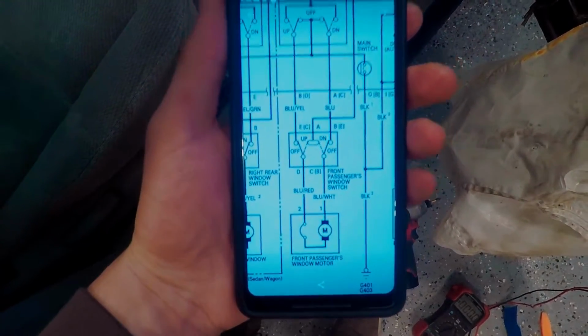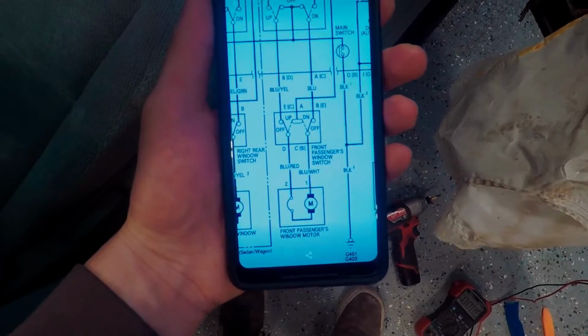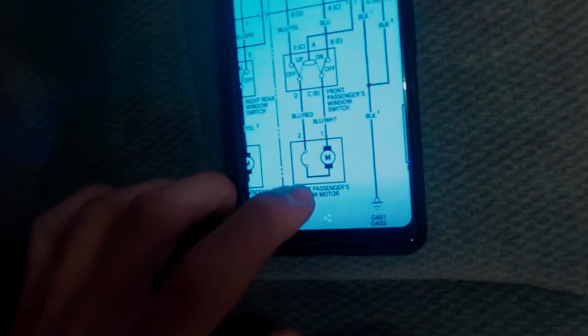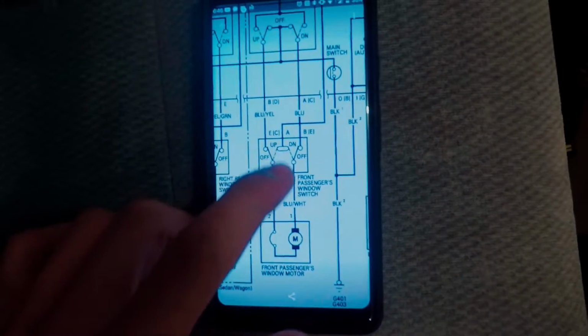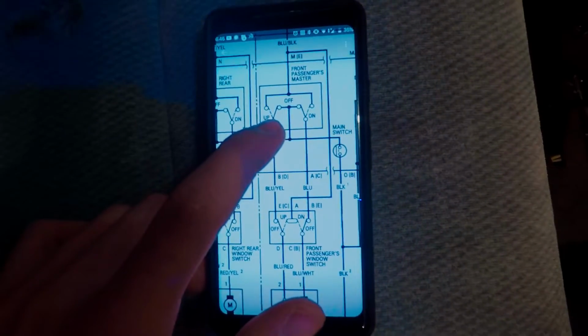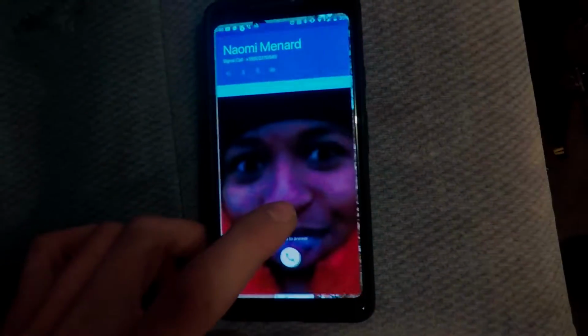So I have the diagram right here on my phone, and we can see the front passenger window motor. Here, let me put it down so I can point. So here's the actual motor itself, and here's the switch on the passenger side, and this is actually the master switch up here. So the way these cars work, and most cars, is it has to run through...